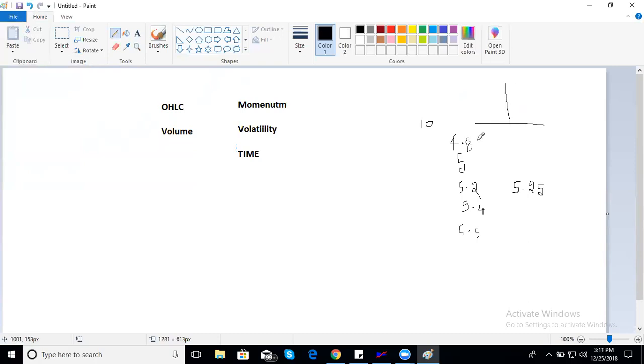Basically, I try to plot on this scale. Let's say this is 5.25, and the left side is decreasing. Let's say it is 4.8 here, 5 is here, 5.2, 5.4, and 5.5. From the average, 5.5 is almost 0.5 points away. 5.4 is just 0.4 away, right? So how far a data point is from its average is a deviation. It is deviating from the average. This basic concept of the bell curve is used for understanding volatility.